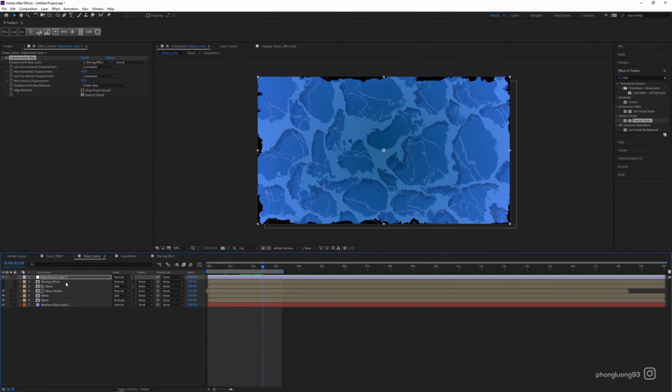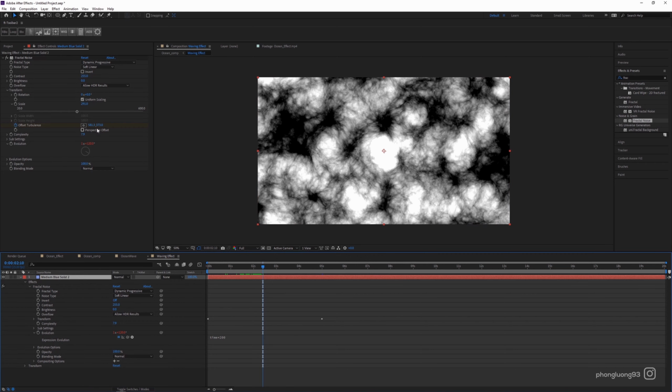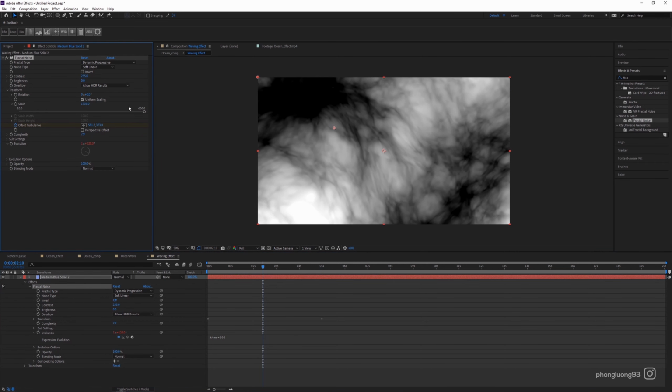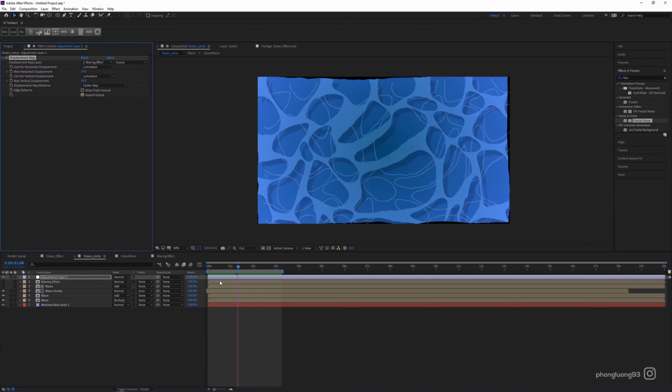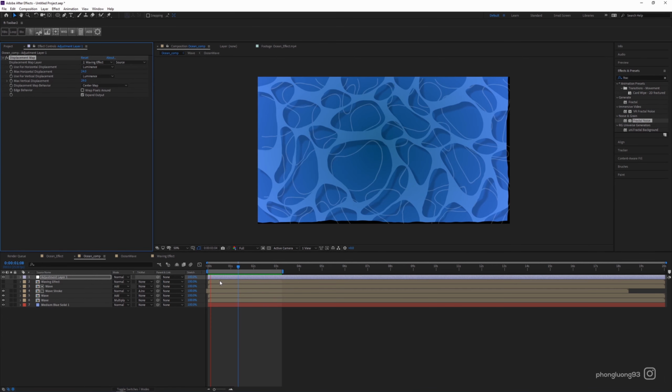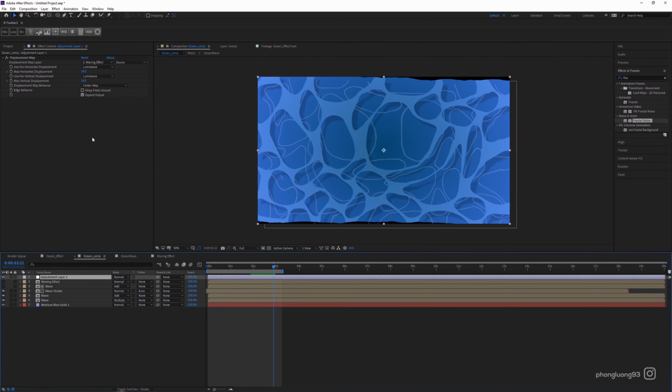Okay, let's come back to the texture comp. We need to increase the scale bigger so we will lose all of the details. Okay, let's come back. Now you see it's more clean. There's even some waving effect too. So now there's some problem in the corners